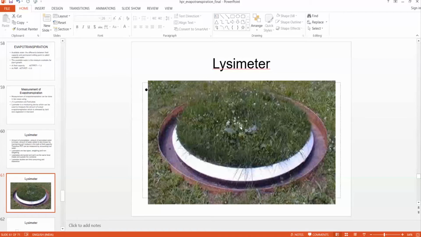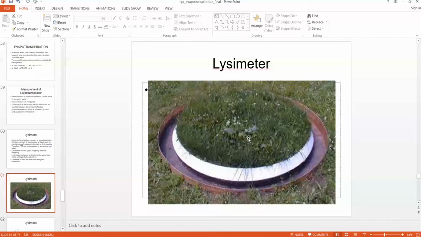This is used to measure transpiration. You see that this is a container which has soil, and there is another container which takes away the overflowing water. Suppose this soil is watered above the field capacity, then the extra water which can be drained by gravity reaches this outer container. So this water is at field capacity in this container which has the grass.